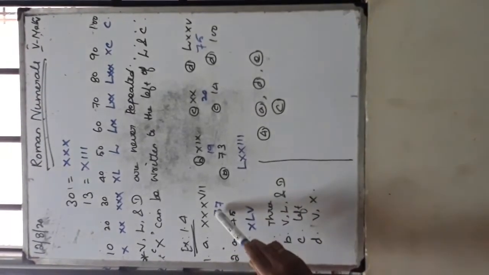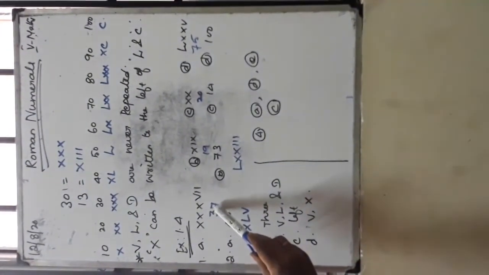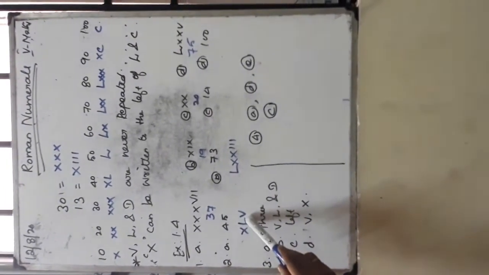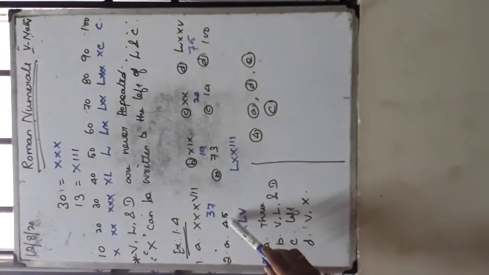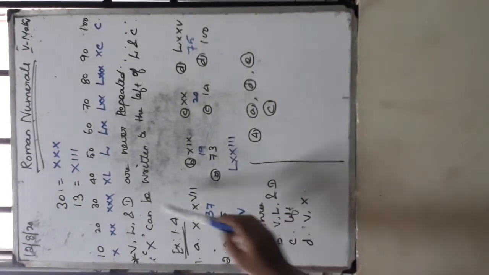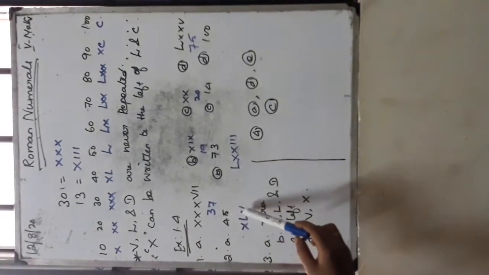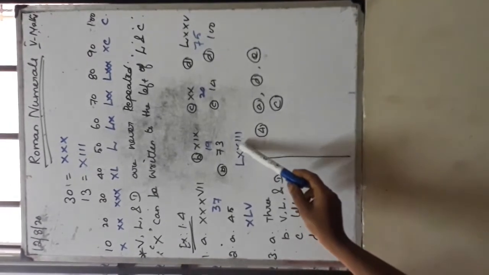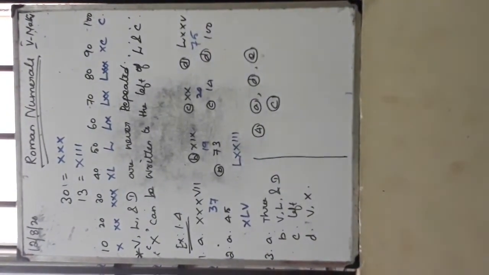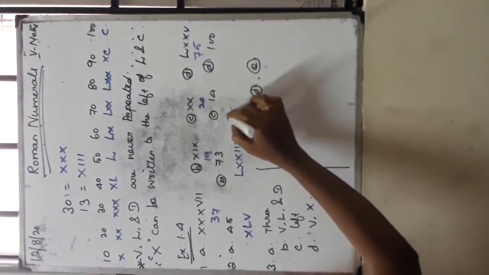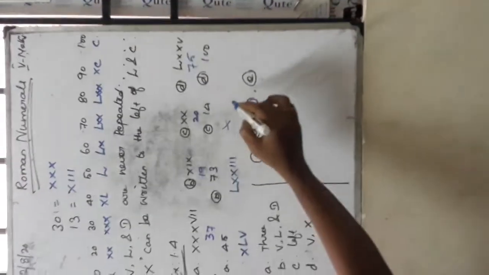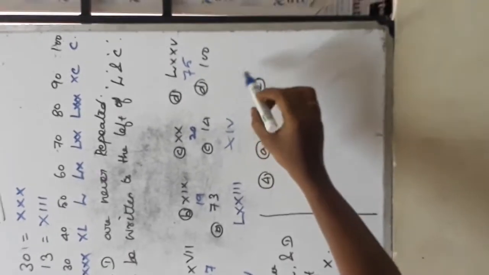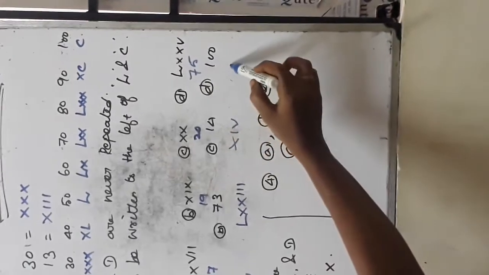This subdivision is Hindu-Arabic numerals in Roman numerals. So 45, how do you write this? XL is 40, and 5 is V. That's all. So 73: LX is 60, 70, 73. So 14, how do you write this? X and IV, isn't it? Here 4, so 10 plus 4 is 14. And 100 you know, 100 is C. That's all.